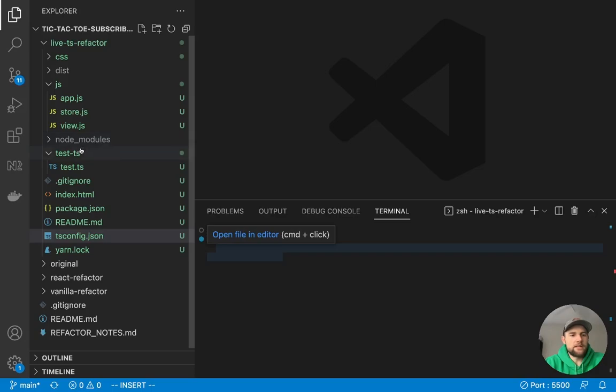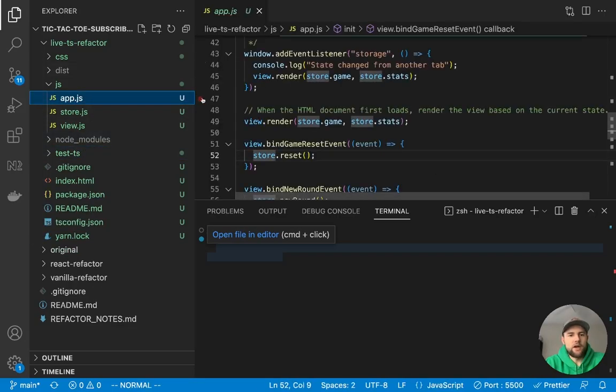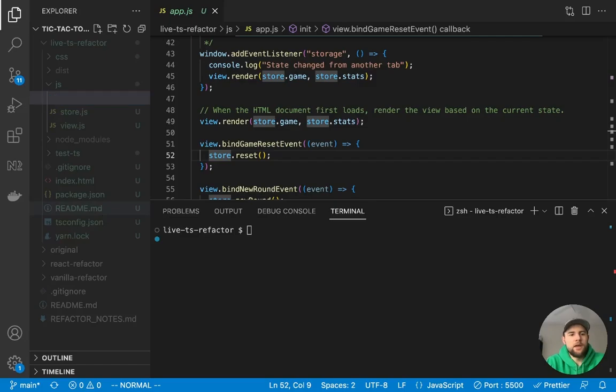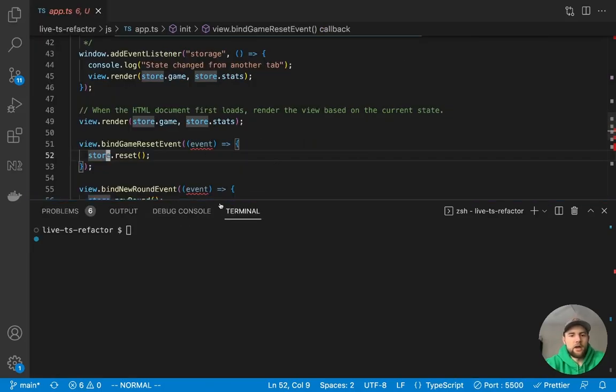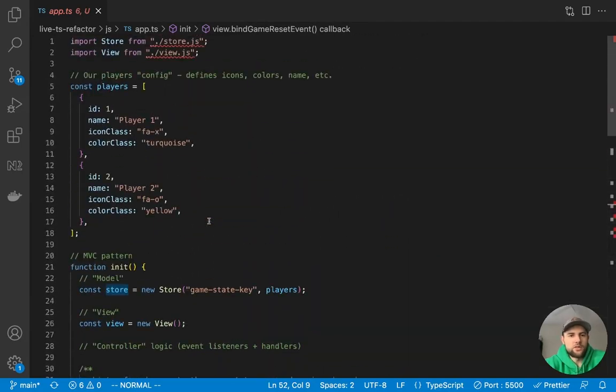So let's close out tsconfig. And let's start in the app.js file. So now that we're working with TypeScript, we can just rename this to .ts. And now VS Code is going to automatically recognize that this is a TypeScript file. And it's going to start underlining things, and it's going to yell at us for all sorts of stuff because nothing is typed here.